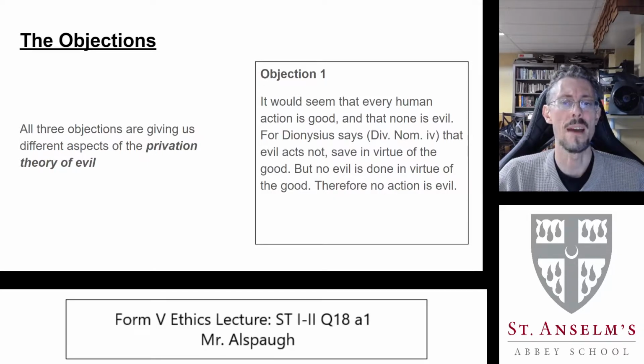What really matters here is that we begin to think at a new level of depth about the privation theory of evil. To say more than it's just the lack of a due good, we need to ask the kinds of questions being asked in these objections, and we need to think through the replies that Aquinas is giving. What exactly is the thing that's missing or lacking in something that we're calling evil, and specifically, how does that apply to action?